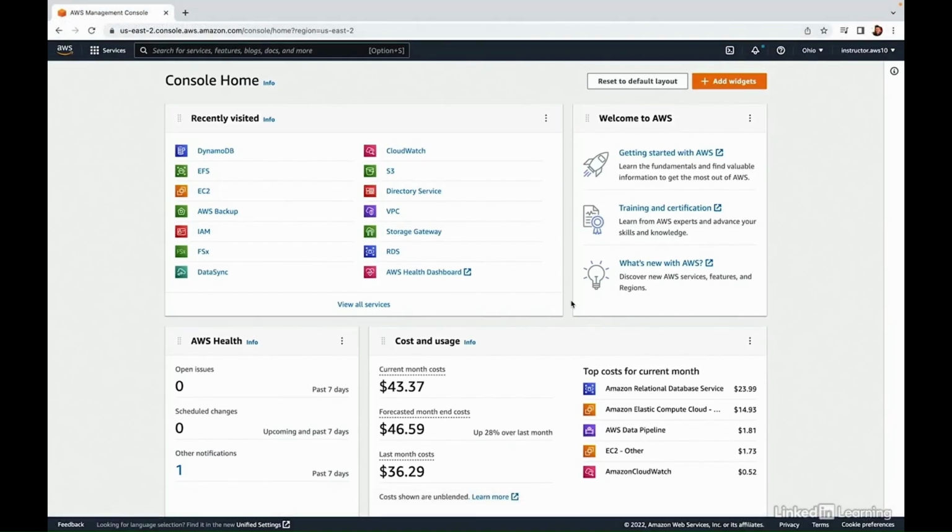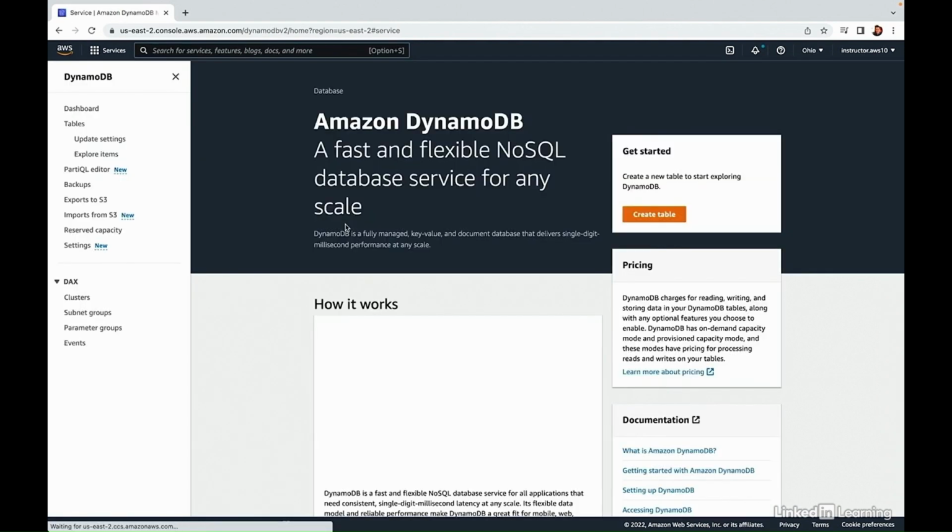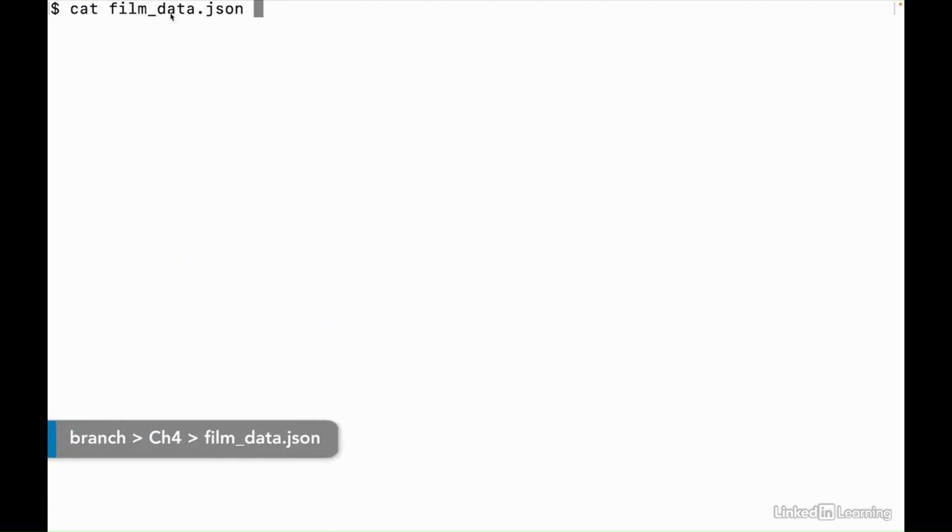Alright, in this demo we're going to create a DynamoDB table. I've got the service here under recently visited, but of course you can always go up here and type into the search bar and click the first option. Now before we get started, let's go to the console where I have opened the file under chapter 4 called